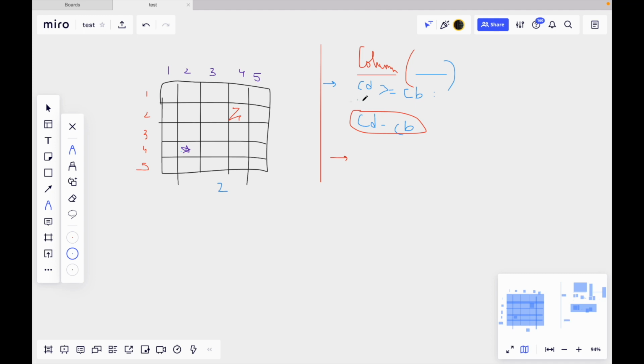In the other case, when this column number is less than the column of the robot, it will be the case when the dirt is present here, and the robot is present here.